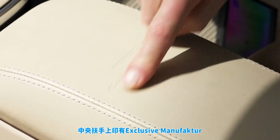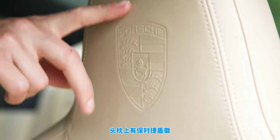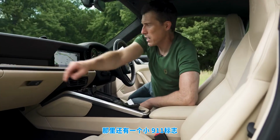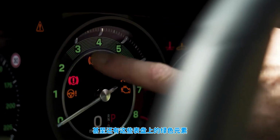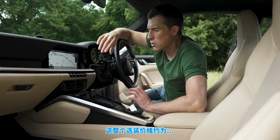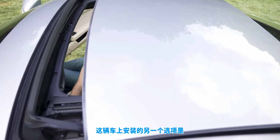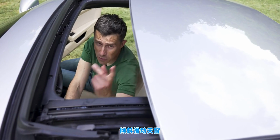You've got Exclusive Manufacturer embossed here on the centre armrest. You've got the Porsche crest on the headrest. You've also got a little 911 badge there. And you've even got these green elements on the dials. It's all supposed to hark back to 911s of yesteryear. £4,440 though. Another option fitted to this car is the tilt and slide sunroof,